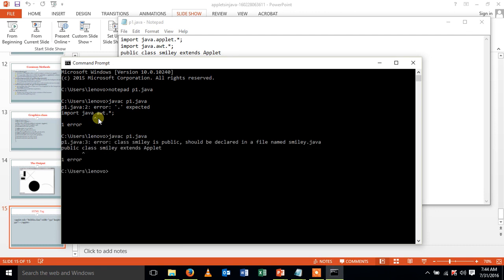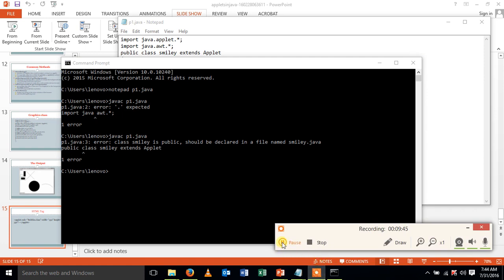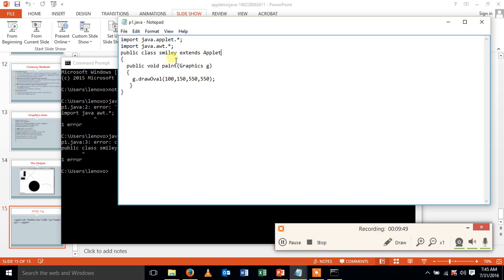Compile the program. So the error is that we should keep the file name the same as the class name. So that is the error.